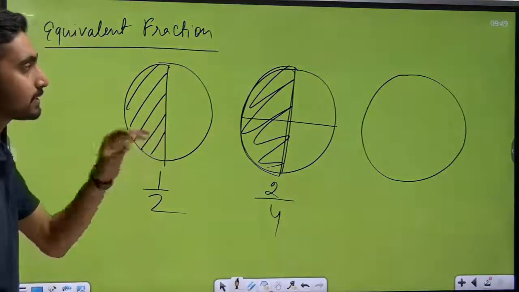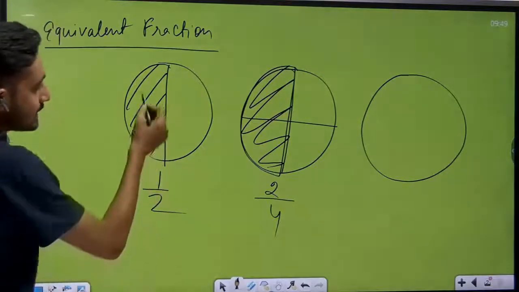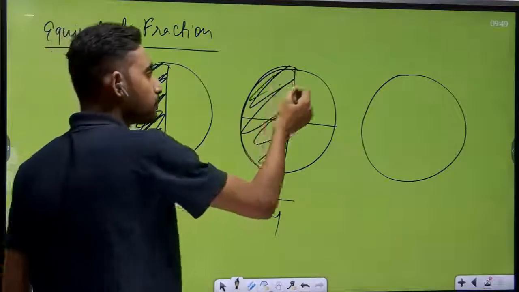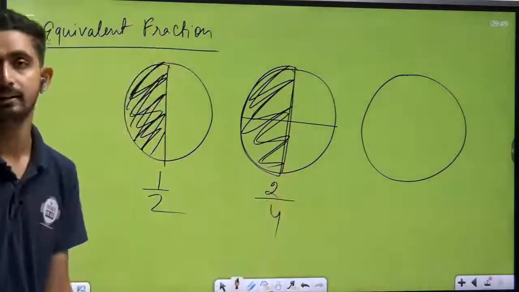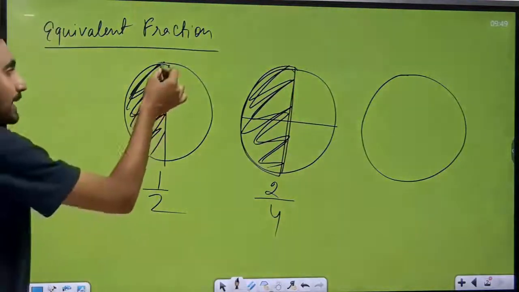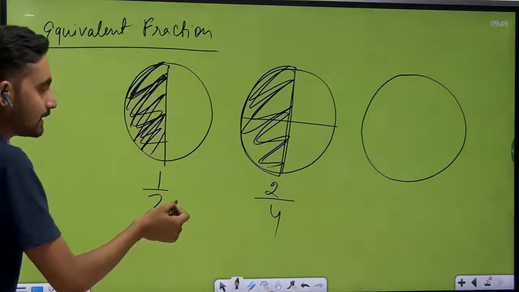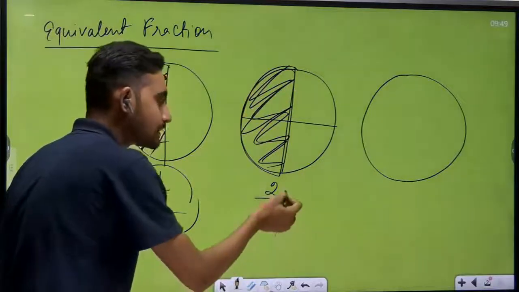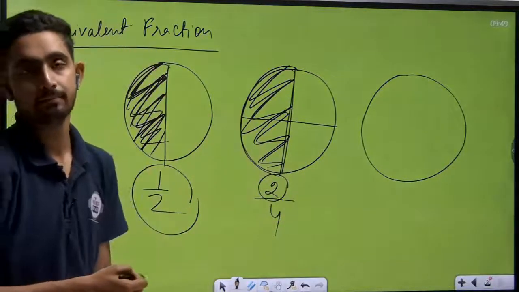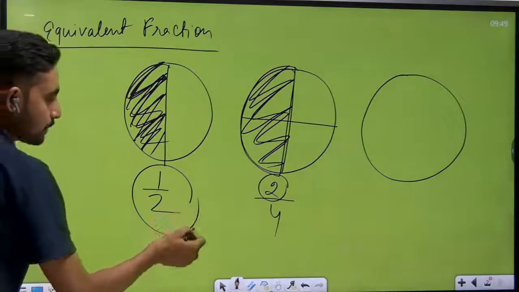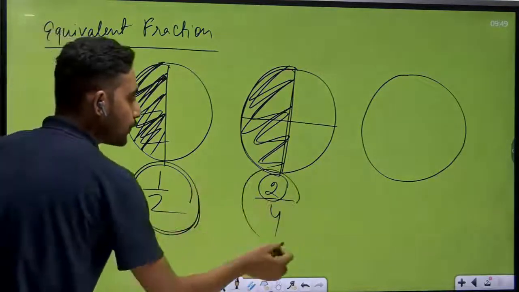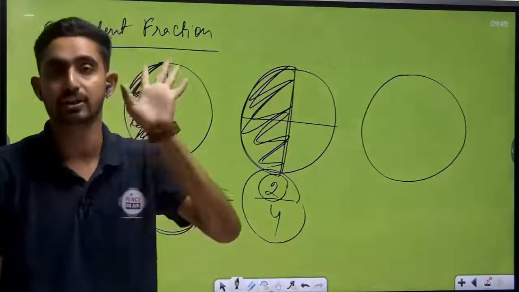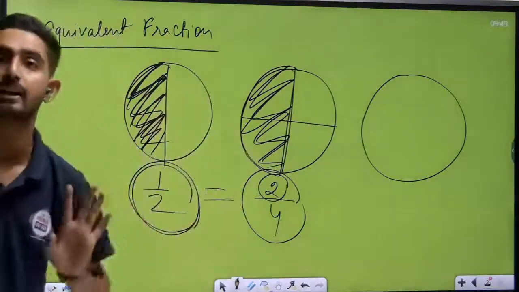2/4. But आप एक चीज अच्छे से इसमें notice करो. This portion, we can say the area of this portion and the area of these portions are equal. Yes or no? But ये आपका एक ही पार्ट है. कितना पार्ट में से? 2 में से. And this is also, out of 4 parts, 2 parts representing. Okay, so that's why we can say 1/2 and 2/4 both are equal, and this is known as equivalent fraction.